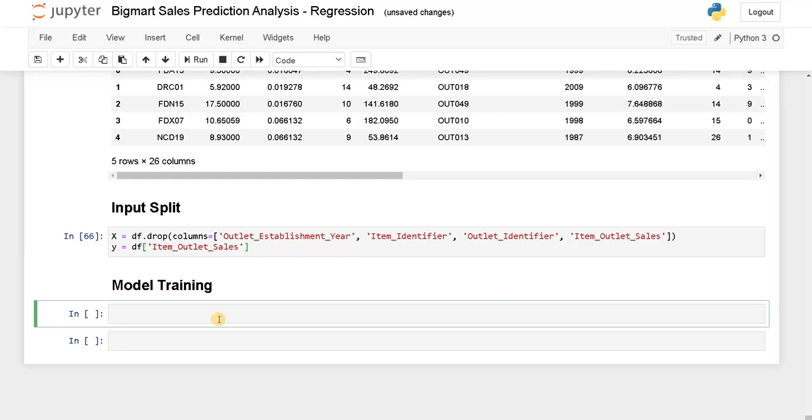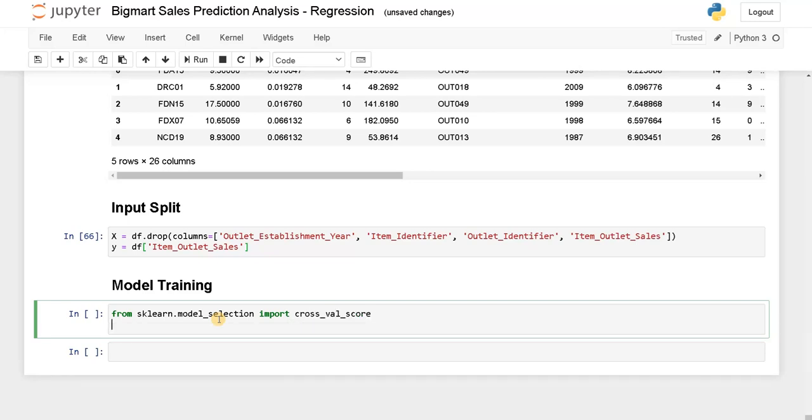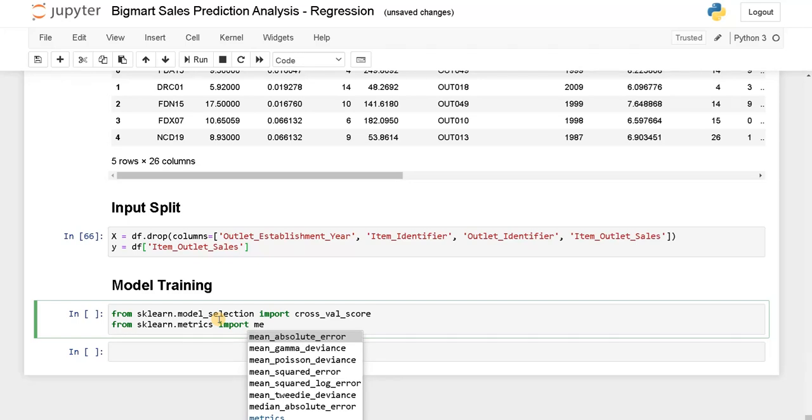Let's create a function for model training. We need to import some models for cross validation and metrics from sklearn dot model selection import cross val score. Okay, that is done. From sklearn dot metrics import mean squared error.